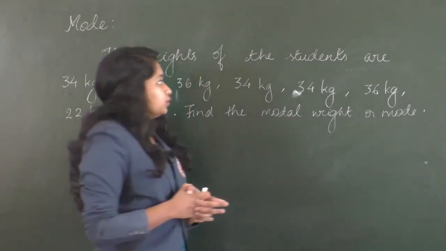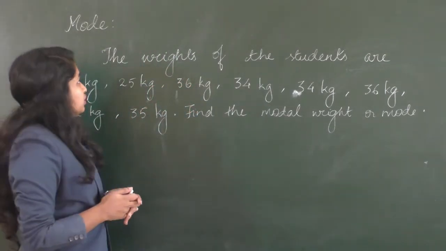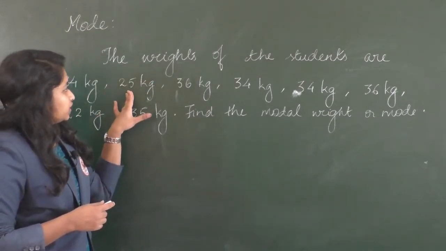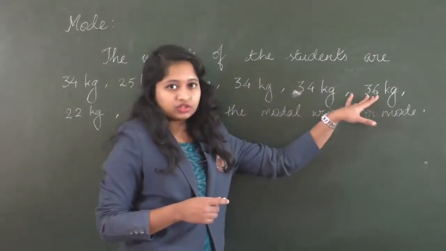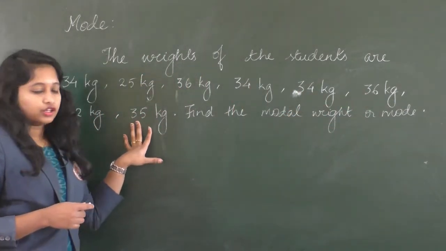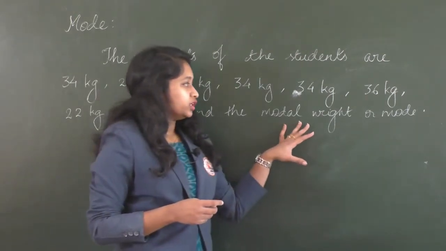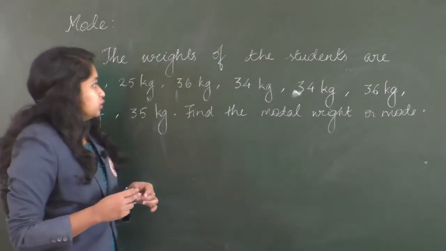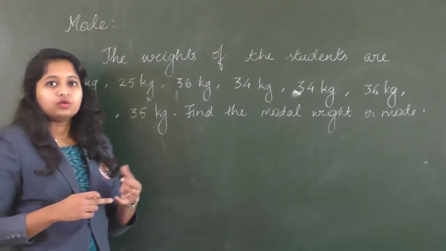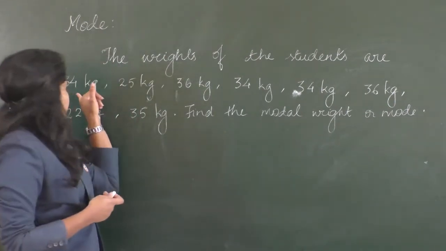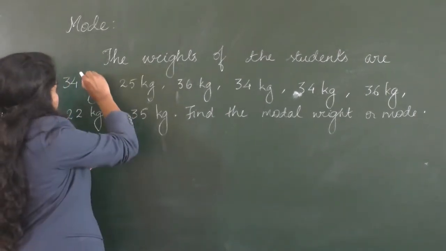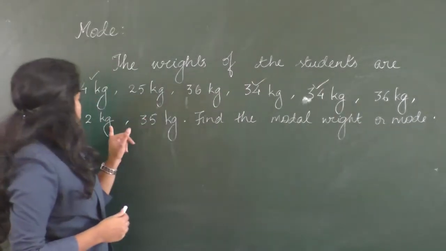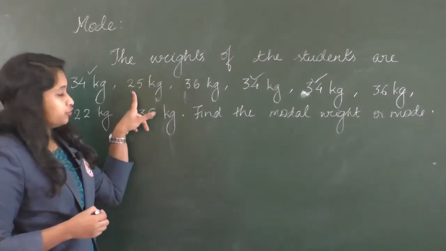Okay. So, here I have a question. The weights of the students are 34 kg, 25 kg, 36, 34, 34, 36, 22 and 35 kg. So, we should find the modal weight or mode. Okay. So, here we should observe which weight occurs frequently. So, here we have 34 kg. It occurs 1 time, 2, 3, isn't it? Next, if you see 25,